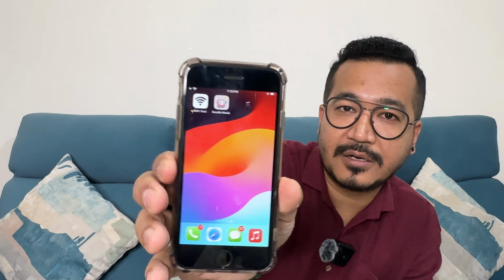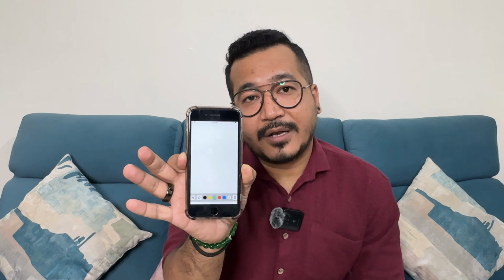So what exactly is Doodle Peak? What does it look like? It looks like a very innocent looking doodle application on your phone. It renames itself to Doodle Mania so that it camouflages on your phone and looks like just an innocent looking doodle app. So this is what it looks like, Doodle Mania. And if you open it, you can see it just looks like a doodle application where you can draw anything. You can change the color, you can draw something, you can delete it. That's what it looks like.